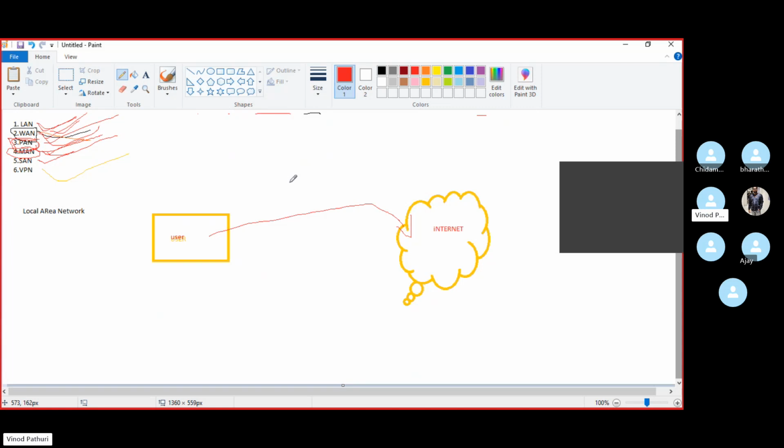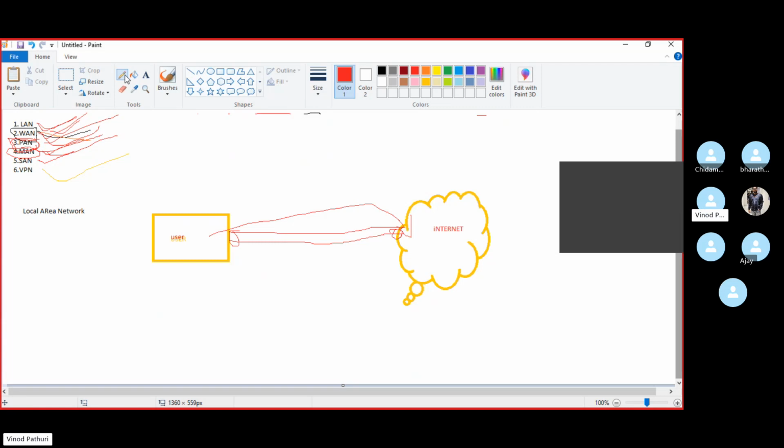Okay, user and internet, or it's not only internet. You can think of other branches also. So what we will do is create a secure tunnel here between you and the internet, where no one can enter into that network.